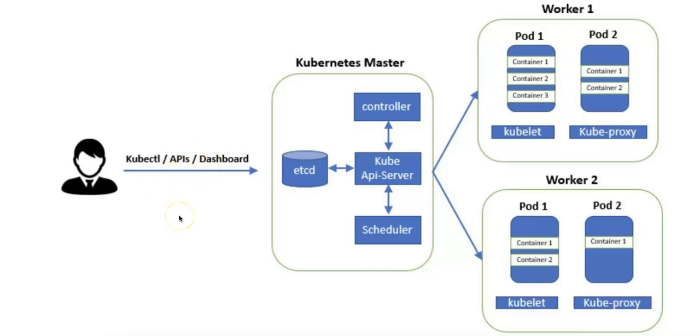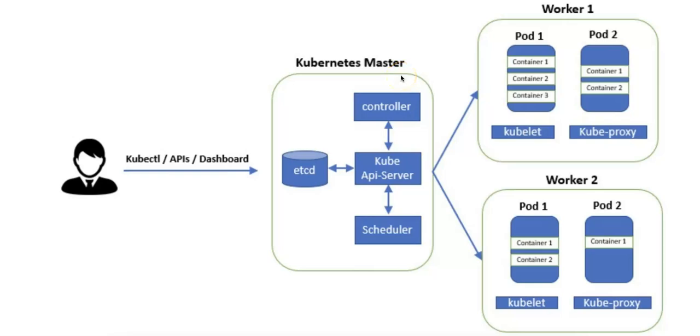APIs, this refers to Kubernetes exposing a RESTful API, which can be used to programmatically interact with the cluster. And this is the same API that kubectl interacts with under the hood. The dashboard is a web-based user interface for managing and monitoring the cluster visually, and it provides insights into the resources running in the cluster, making it easier for users who prefer a UI over a CLI. And the commands issued from these tools are sent to the Kube API Server in the master node to manage